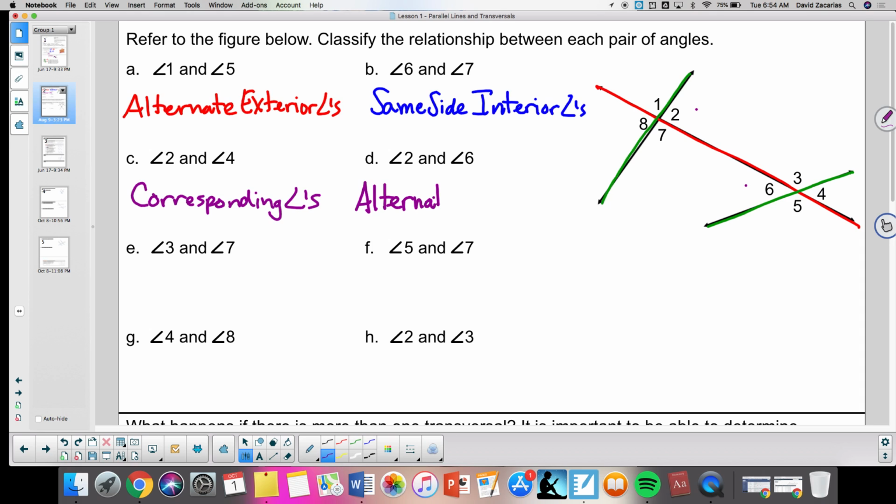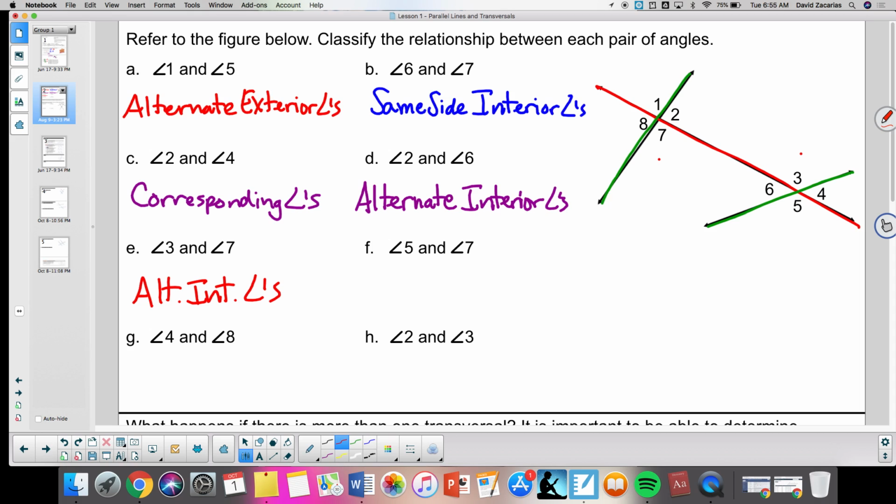Alternate. And notice they're both inside or interior of the green lines, so alternate interior angles. All right. 3 and 7. So now we have 3 and 7 here. Angle 3, angle 7. Those are also going to be alternate interior angles. And I'm going to start abbreviating a little bit here. So alternate interior